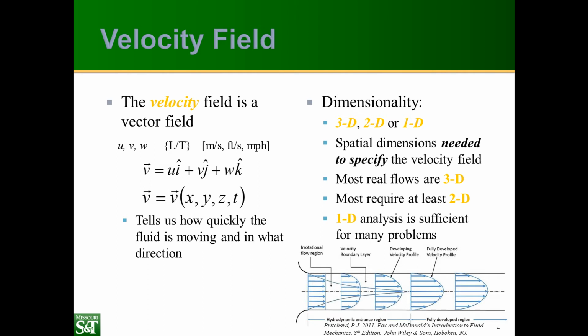If we look at the picture on this slide, we can see that in this entrance region, the flow is two-dimensional. It depends on the radial coordinate and the z direction coordinate. So it depends in this case on z and r. However, when we get further down the pipe, we have a fully developed velocity profile, which no longer changes with z. So in this case, it only depends on r,